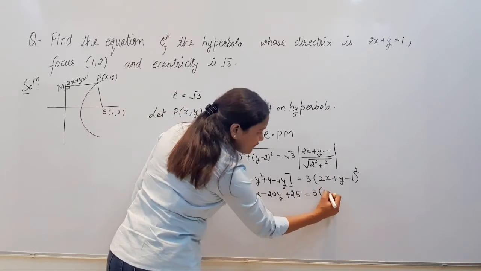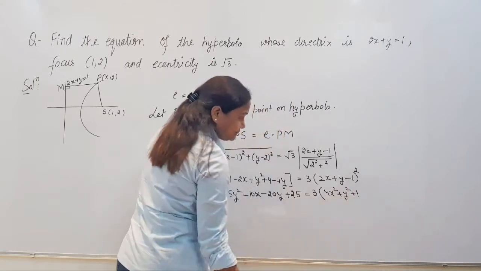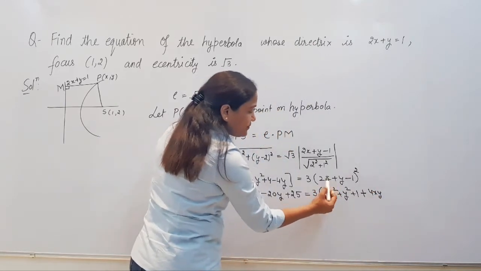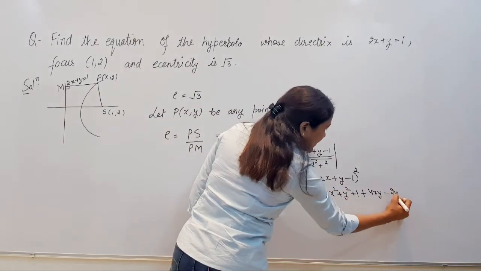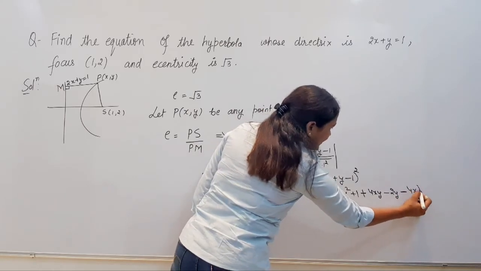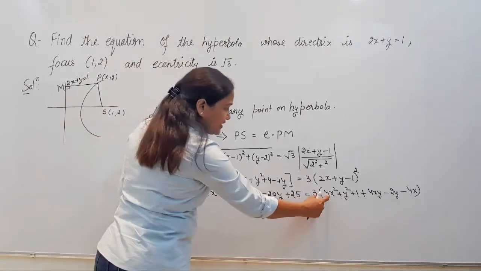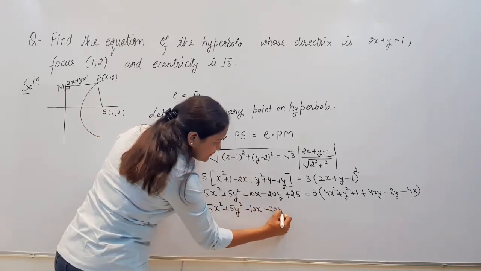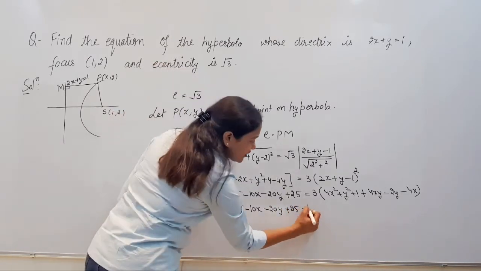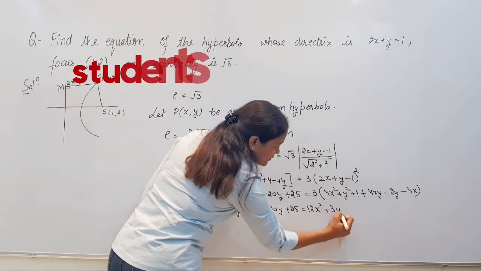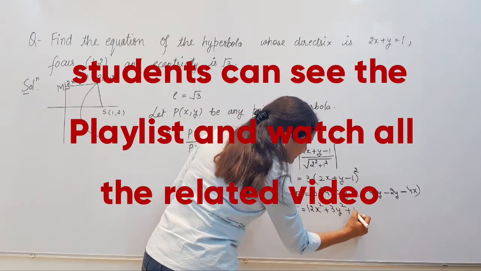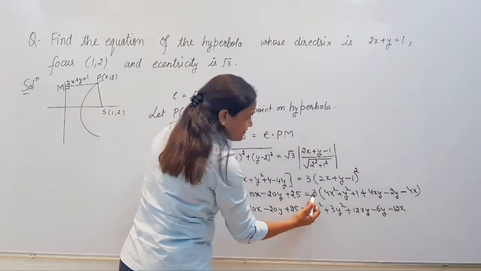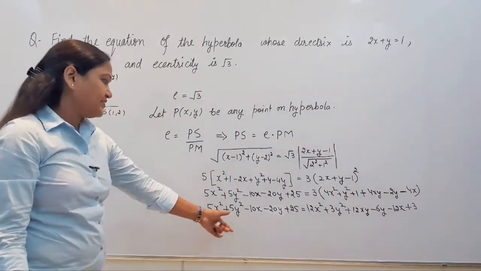That is equal to 3 times (4x² + y² + 1 + 4xy, plus 2ab plus 2bc, that is −2y, plus 2ac, that is −4x), and that is equal to, ये आपका 12x हो जाएगा. एक बार इसको आप ओपन कर लो. 10x − 20y + 25 is equal to 12x² + 3y² + 12xy − 6y − 12x + 3, and this will give you